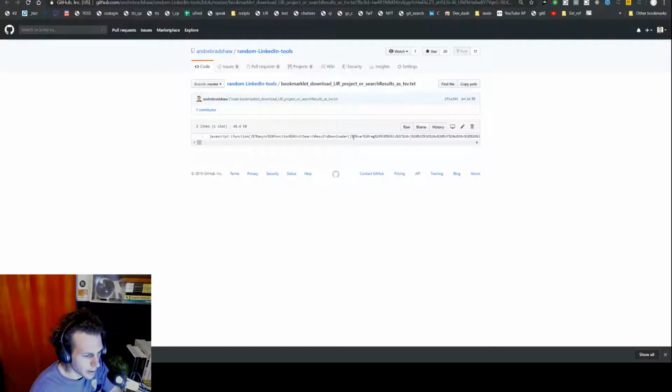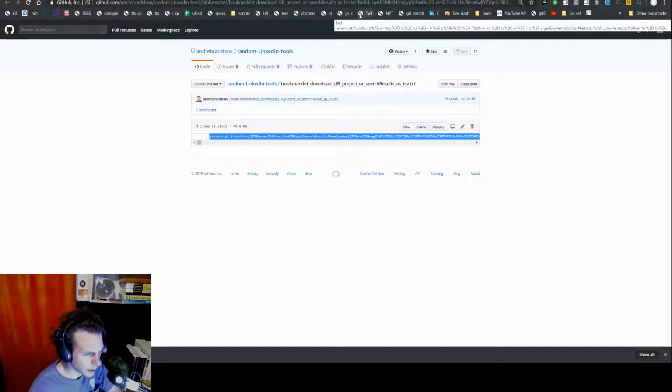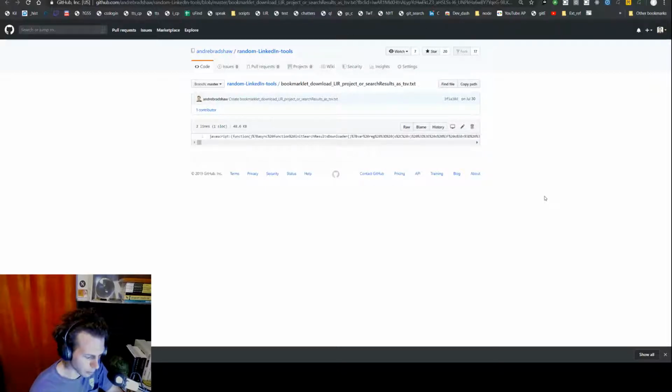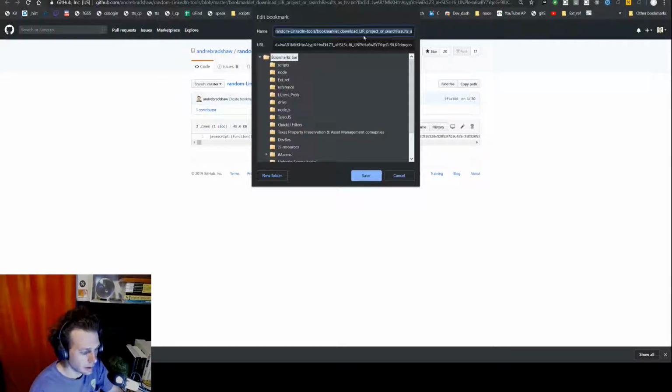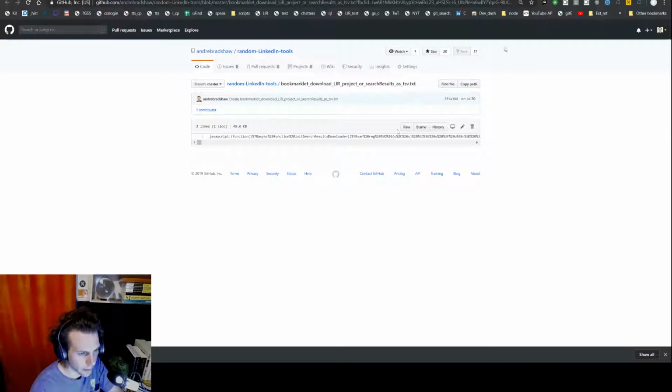So first step is copy the script from this link. So triple click, Control C, then create a new bookmark. If you don't have your bookmark bar enabled, Control Shift B will do that. Right click, add a page, call it whatever you like, paste in the code, then click Save, then go to